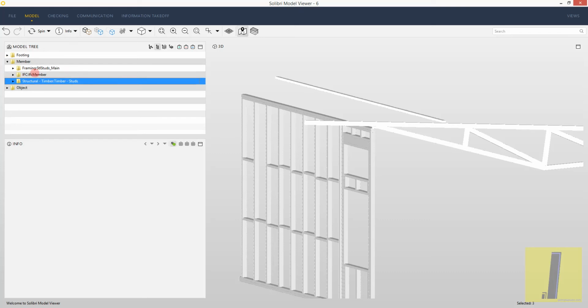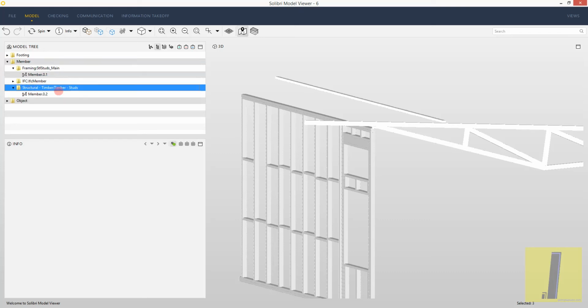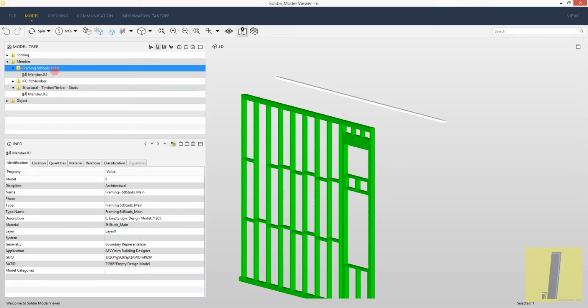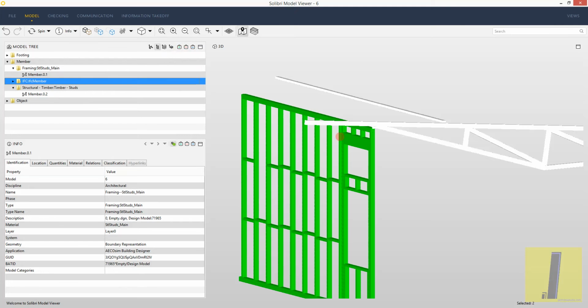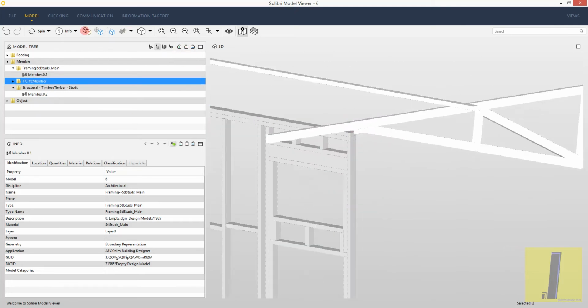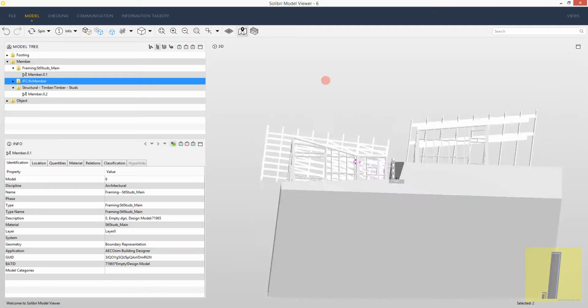And it's segmented from member and has subcategories. So this is structural timber stud, that's main stud, and then we have the IFC member that I used. And if we make them all show correctly, okay,